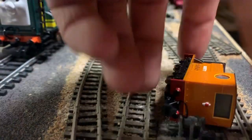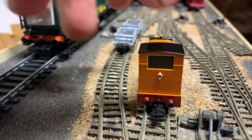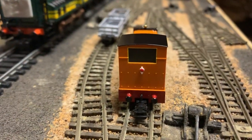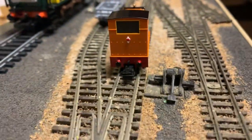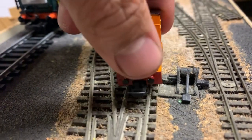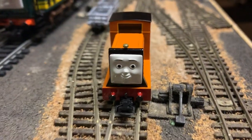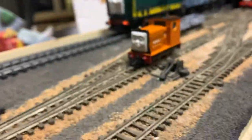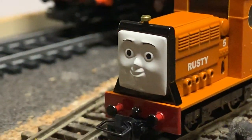So, yeah. Oh, sorry. There's the back. By the way, the back is also blacked out. Let me zoom in on the tail lamp a little bit. Now that's really cool. Good detailing. And last but not least, there's the face. Hang on, let me do this. There we go. The face is actually good, but some